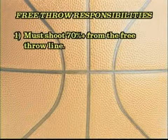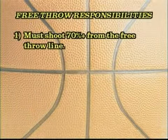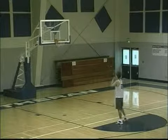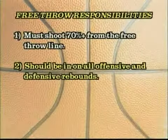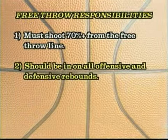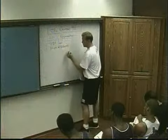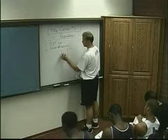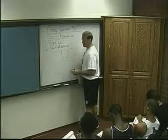Center needs to be able to shoot 70% plus from the line. Has to be in on all rebounds. Now the exception to this is if your team is shooting, you got a defender here, maybe you're in foul